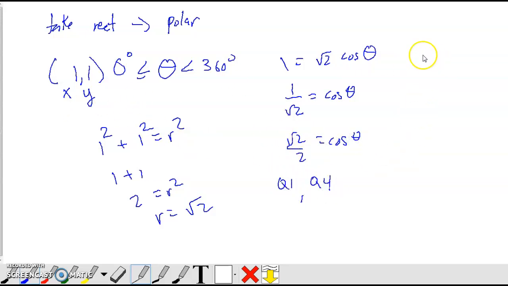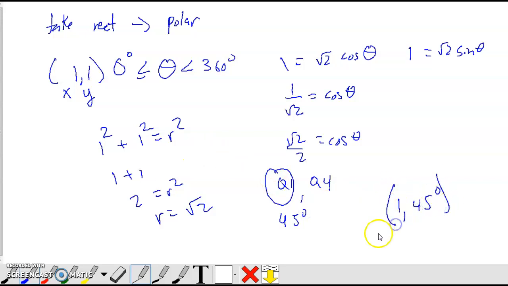So I'm going to do the same thing with my other one, the y, 1. And I do this whole thing, and I know it's positive, so I know I'm going to be in quadrant 1. So where I'm going to be at is 45 degrees. So this would be radical 2, comma, 45 degrees. In the next video, we'll